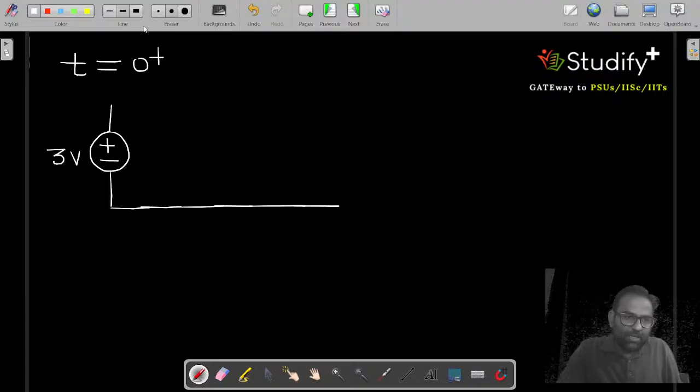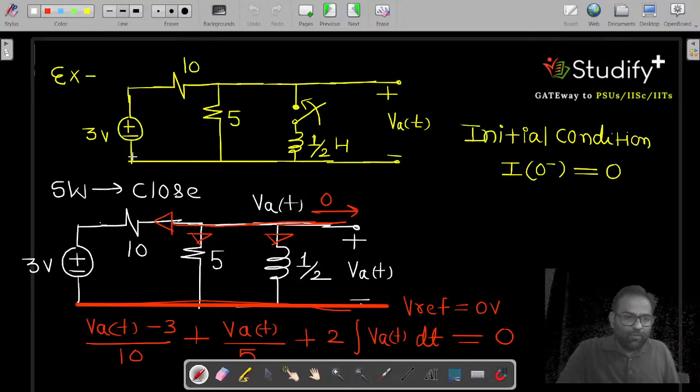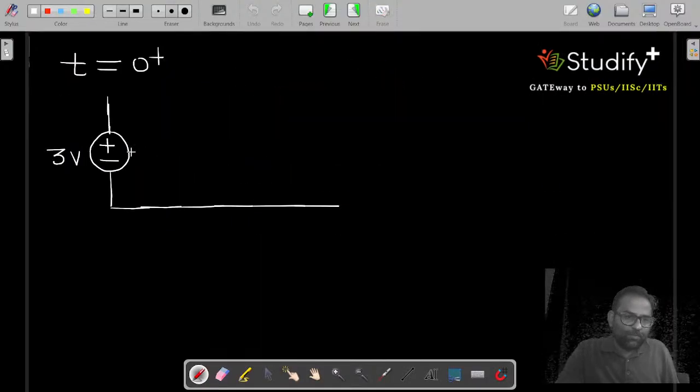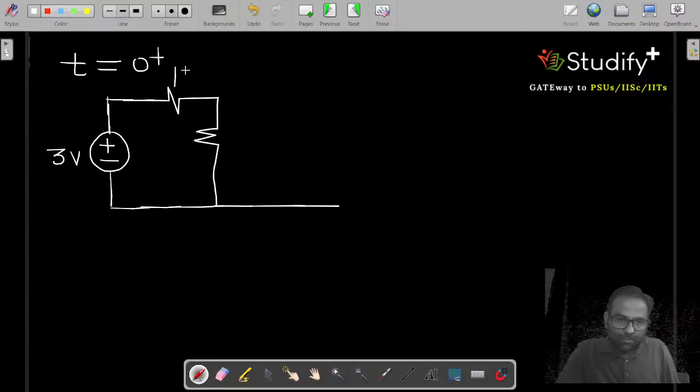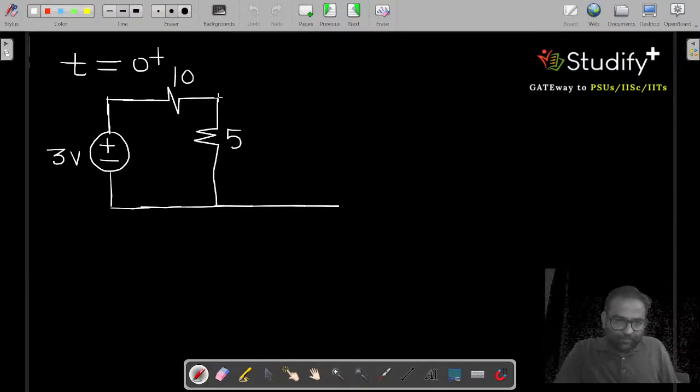This value is 3 volt. Then we are having 10 ohm. Then we are having 5 ohm. And if